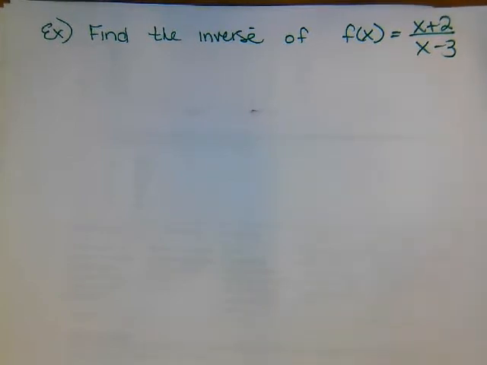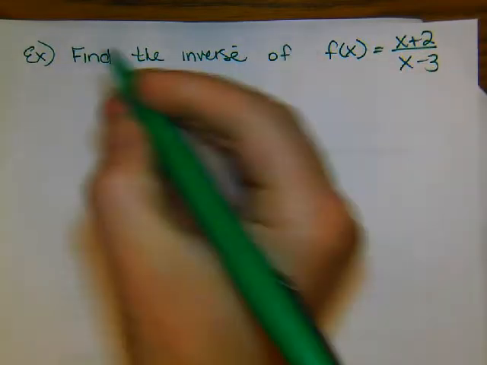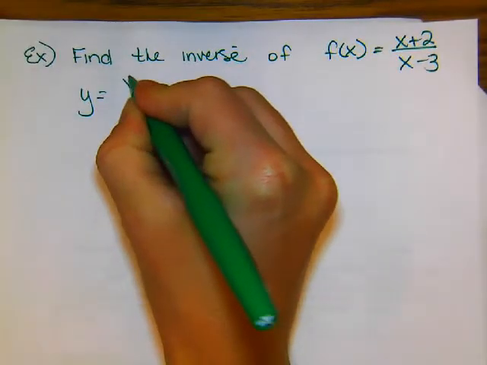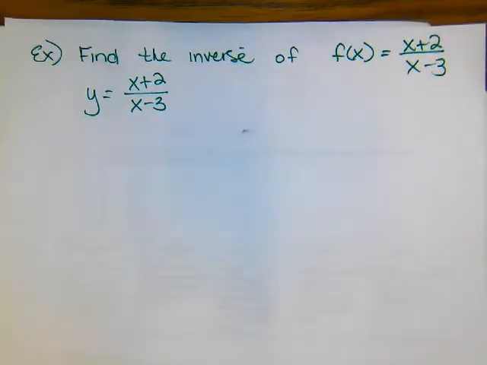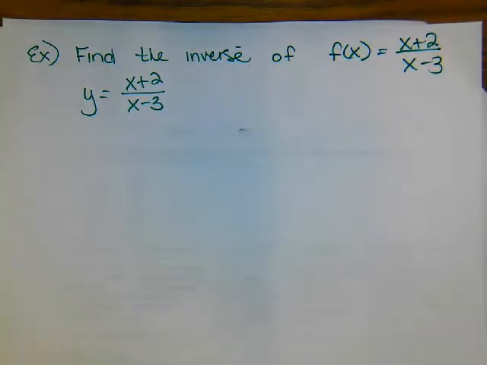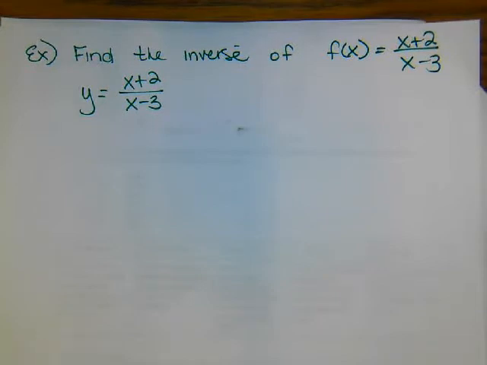Alright, so we're going to find the inverse of f of x equals x plus 2 over x minus 3. So the first thing I'm going to do is this. Have I changed the problem at all? Nope. Do you remember what we just did in class? How am I going to find the inverse? How am I going to start that? Reverse the x's and y's. Okay, so to find the inverse